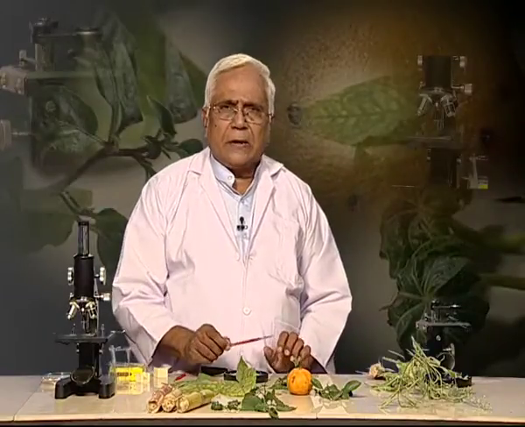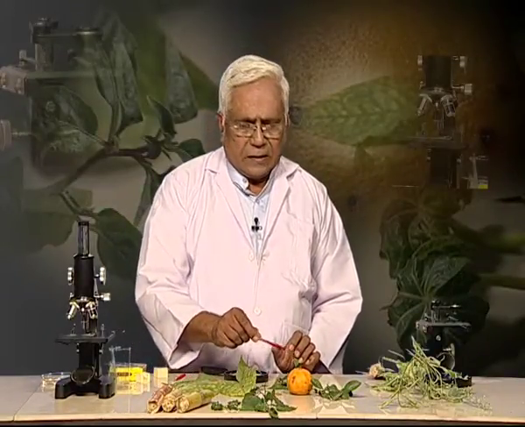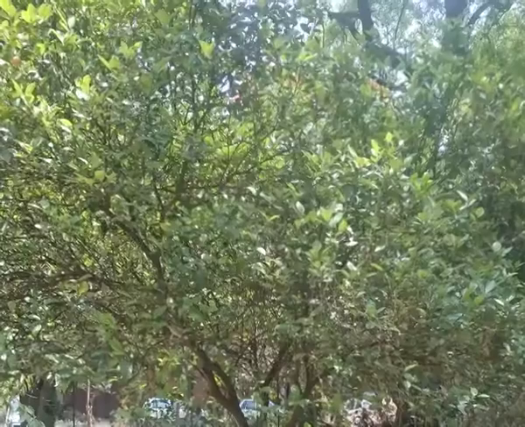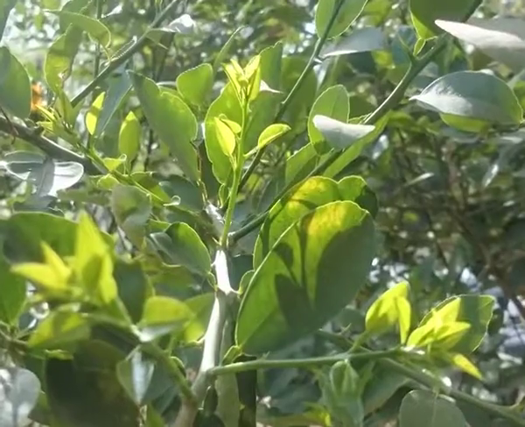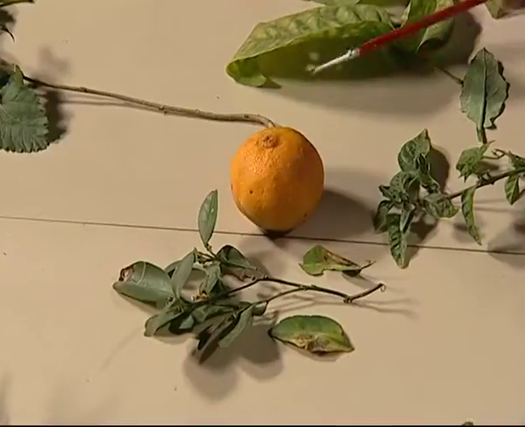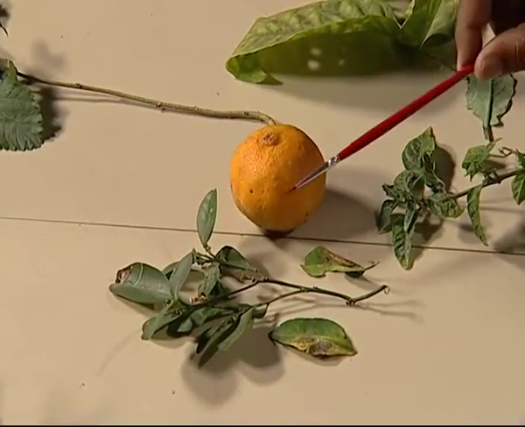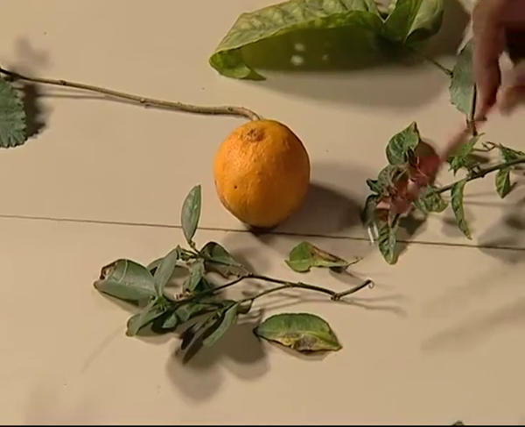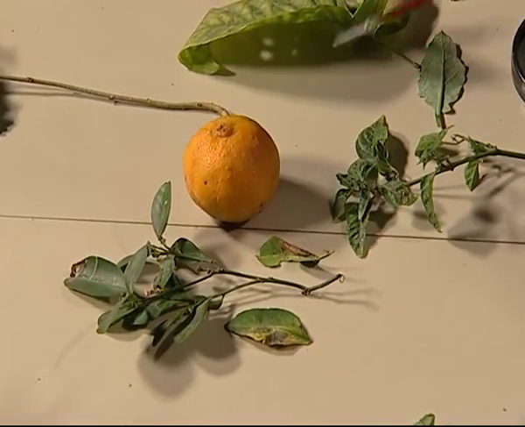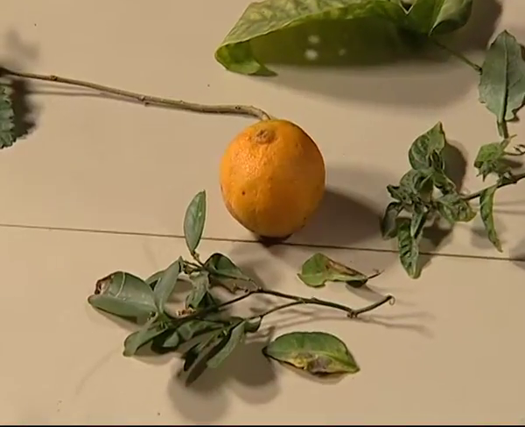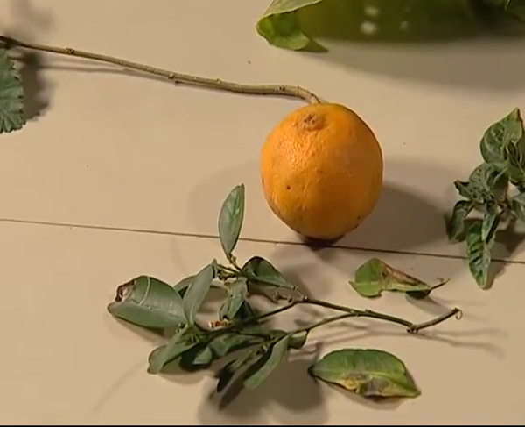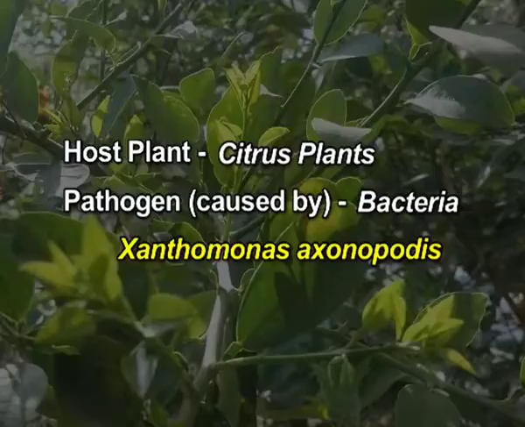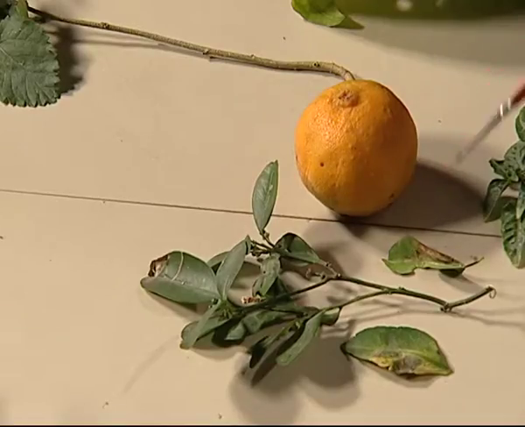Let us have a look at the citrus plant and the fruit. Any member of citrus, it can be a lemon or it can be orange or it can be a mosambi or a grapefruit. All these species are infected by the canker disease. It is a bacterial disease, and the bacterium is known as Xanthomonas, and the species is axonopodis, and it infects the aerial portions of the plant body, leaf,